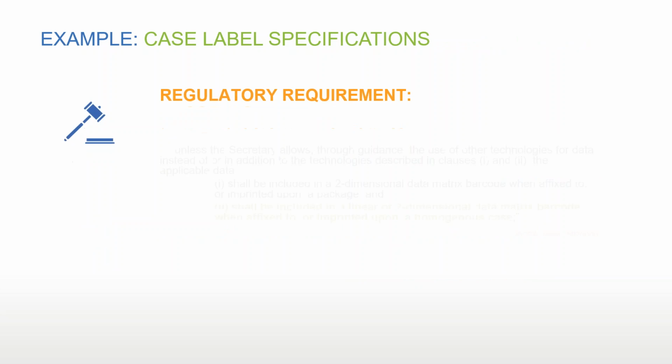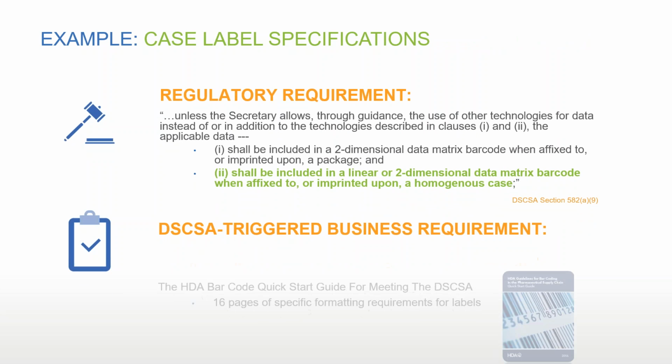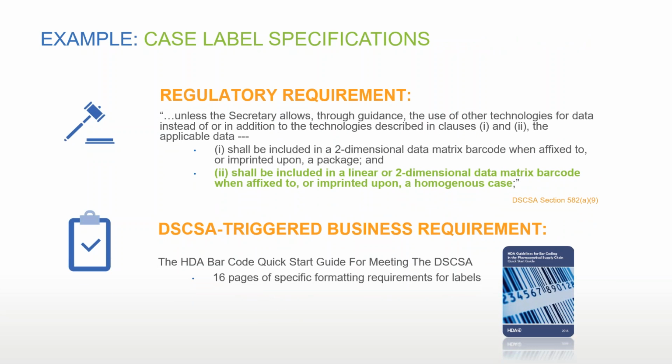Here is another one, case label specifications. The DSCSA does not say much about the appearance of the labels on homogeneous cases. In fact, this is about all it says. The applicable data shall be included in a linear or two-dimensional data matrix barcode when affixed to or imprinted upon a homogeneous case. But to ensure efficiency in meeting the DSCSA, the wholesale distributors require uniformity in the labels on